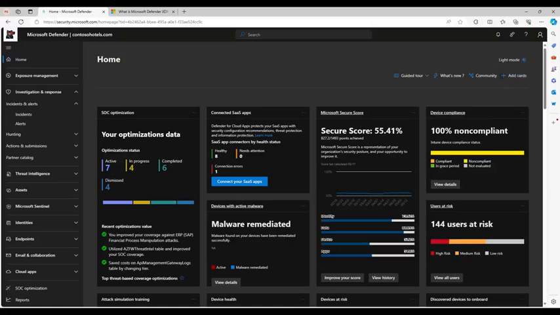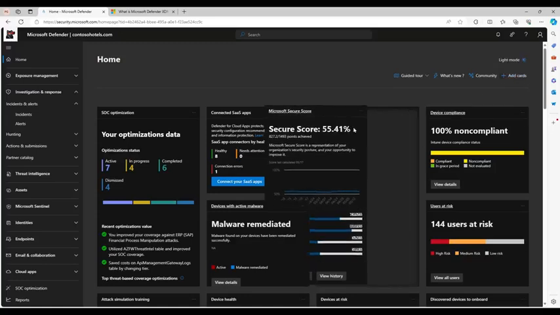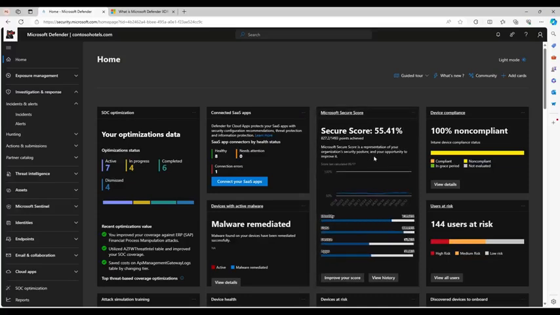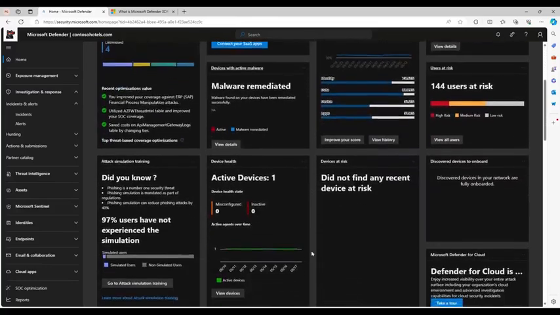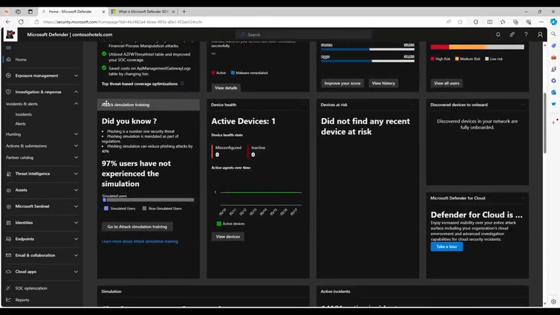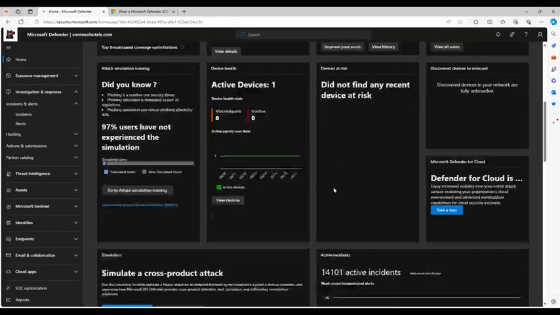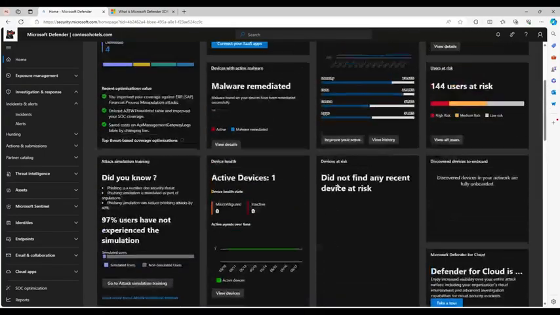relevant to your role. As you can see here, we've got the secure score of this environment, which is essentially the measurement of this organization's security posture. And it's broken down into different categories here, as you can see: identity, data, device, and applications. If we scroll down, you can see it goes into the likes of simulation training, device health. So these are all things that are part of the XDR portal, which we are going to have a quick